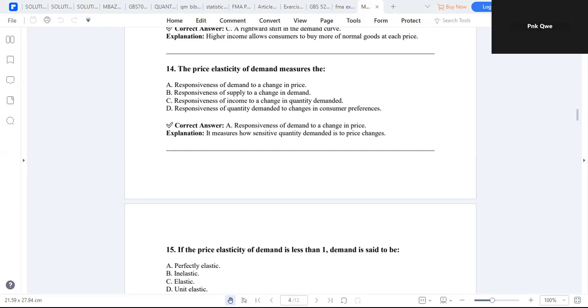So elasticity of demand is simply the percentage change